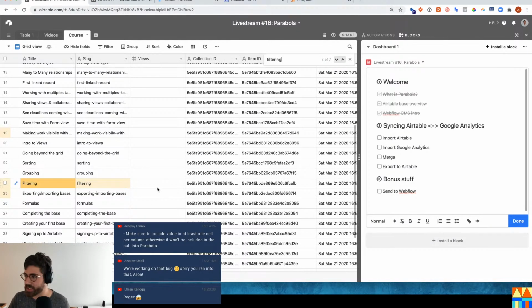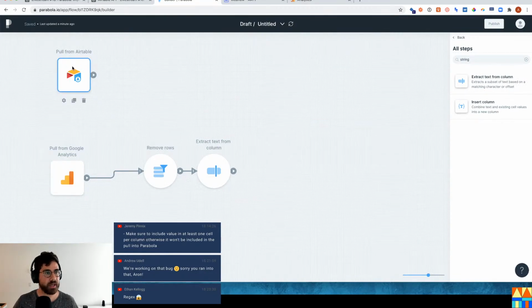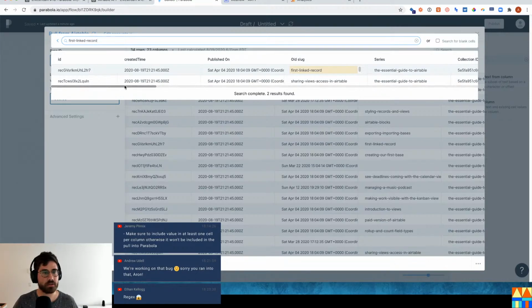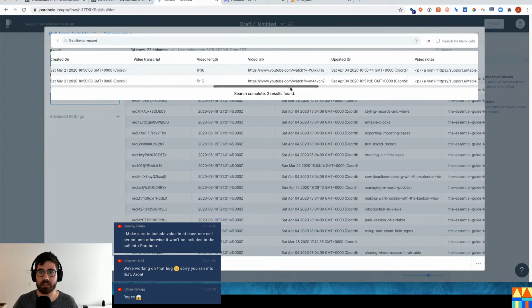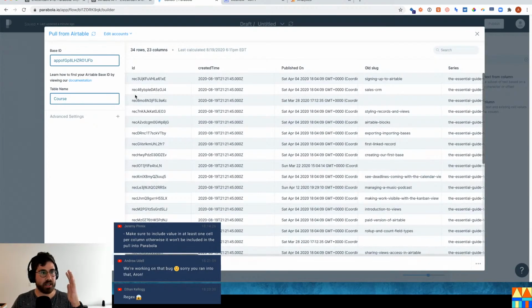Okay, so it seems like it's creating the right field, right? So instead of looking here, I can actually just go, can I find first linked record, for instance? I know that that's a course title. I should be able to find that here. Right, here we go. It should be in our slug here. Slug, there we go, first linked record. Okay, so now that we have a match, we have slug on the Airtable side, and then we have